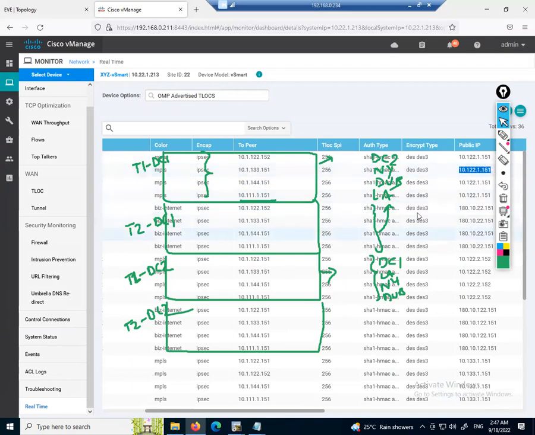And the second TLOC, it has the color, and the WAN service is internet. So it is showing it is reachable via this IP, 180.10.22. Like that. So this is called what? This is called TLOC, and this is called what? TLOC routes. Everybody must know